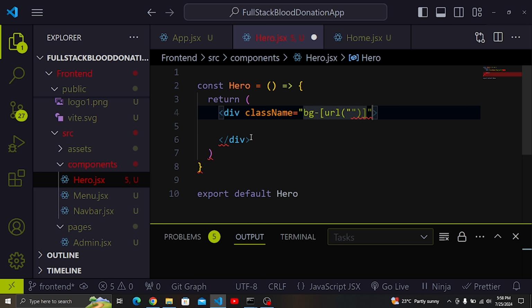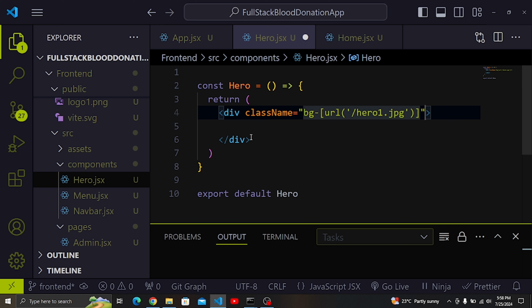So let me just use a single quotation here like that, and inside here we can add hero